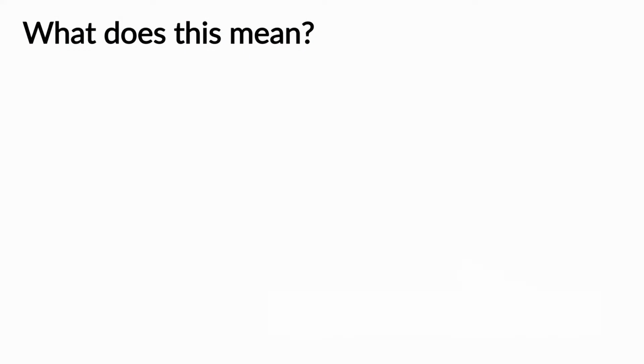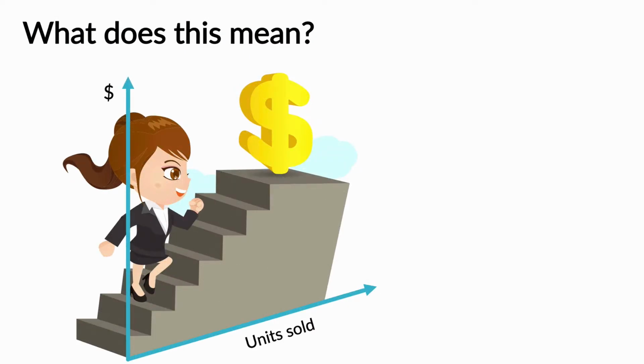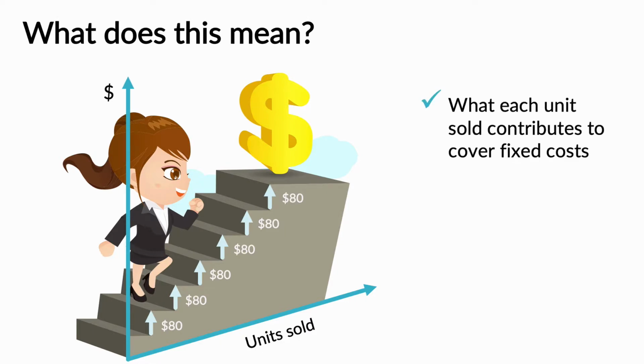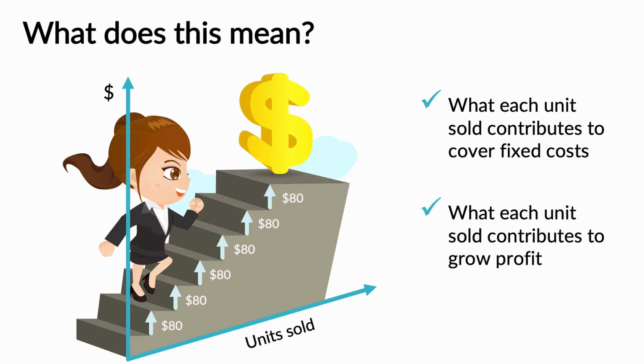But anyway, sorry for the long parenthesis. Let's go back to our bakery and see what those $80 per cake mean. These $80 mean that whenever we sell a cake, we get a margin of $80 that contributes to cover our fixed costs, hence the name contribution margin. This allows us to calculate how many units we would need to sell to cover all our costs, also known as the break-even point. And once our fixed costs are covered, the $80 tells us by how much our profit would grow with each cake we sell, before taxes, of course.